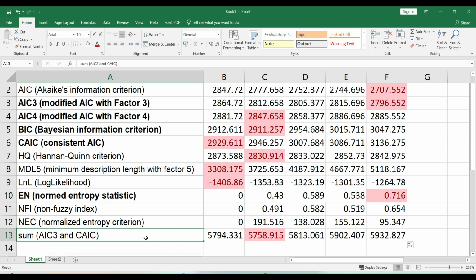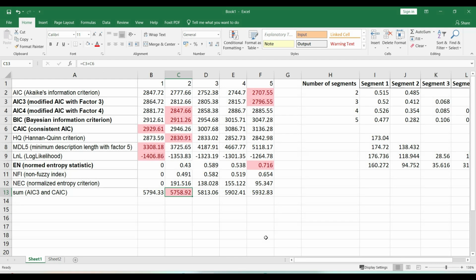Another way that we can find out some consistency is to see the minimum value in the sum of AIC3 and CAIC. We can create another row and add a sum of both these indices, and then we can see that once again this is indicating the 2 segment solution. Now, although this is one way that some of our results are indicating a best solution,